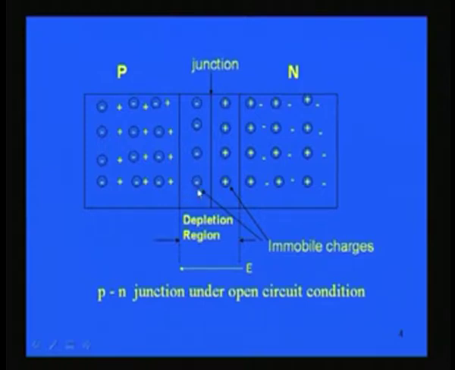Then, because of the recombination of these charges, the acceptor ions on the p side and the donor ions on the n side will now be surfaced out. Surfaced out means they are now uncovered, because earlier